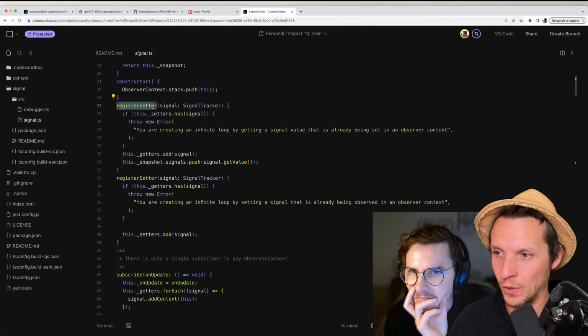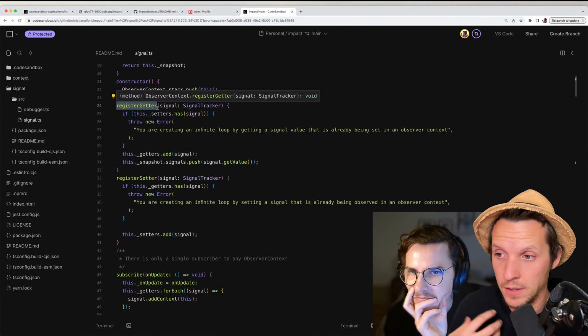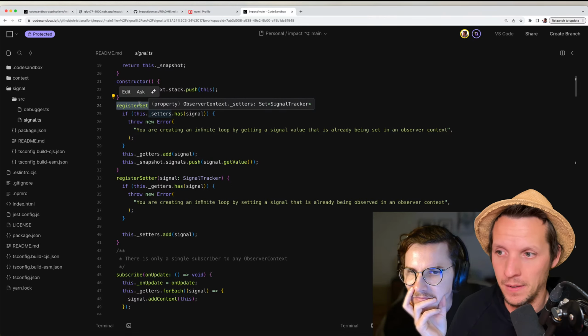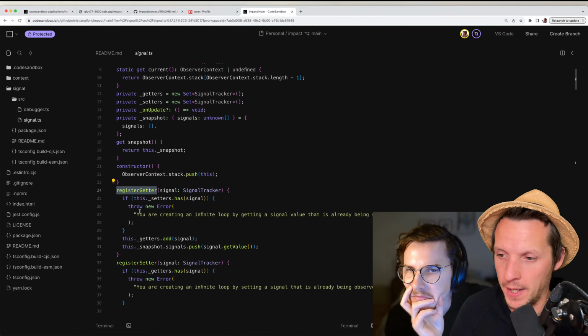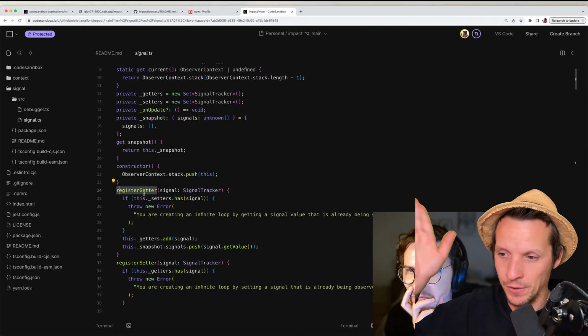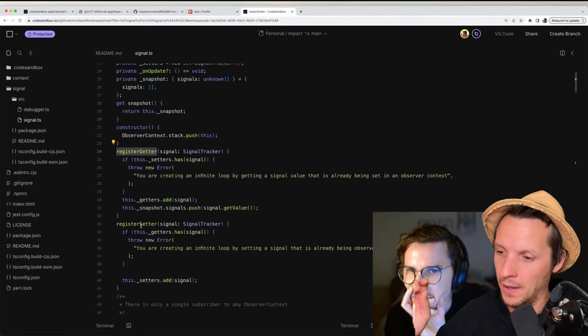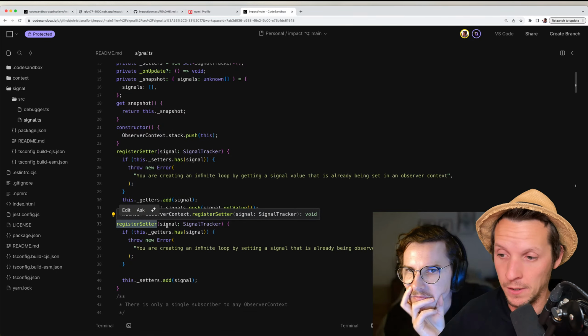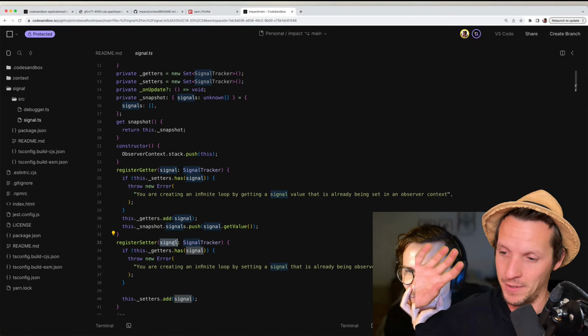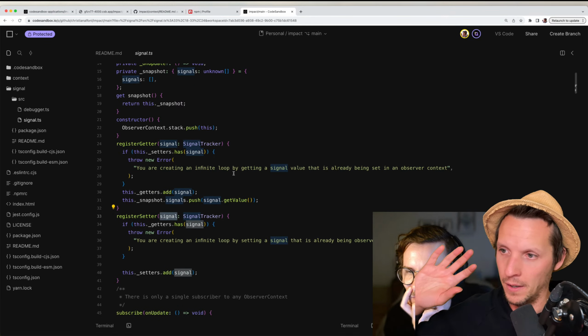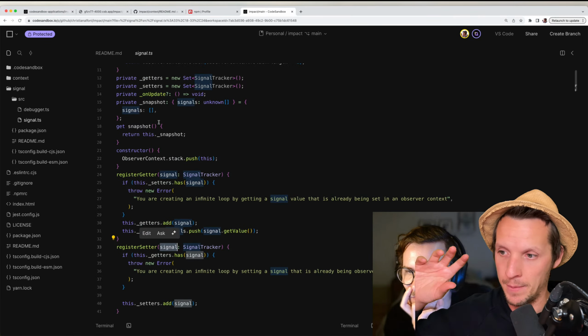So whenever a signal sees that something is trying to get the value out of it, it registers that signal to the current observer context. That, hey, in this signal, someone's trying to get my value. And then I do the same for a signal. If something is trying to set the value of the signal, it does the same. It talks to the current observer context. Hey, someone is trying to set a value here. And then the observer context keeps track of